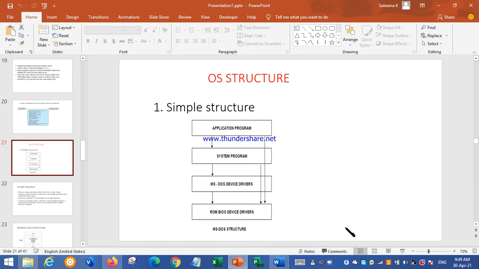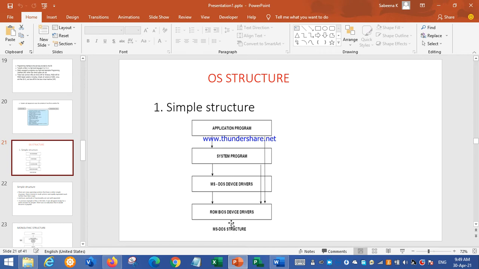Let me explain. The first operating system structure design is the simple structure. Simple structure is actually from the beginning phase of computers. We designed operating systems like this simple structure. The example for this design is the MS-DOS structure.